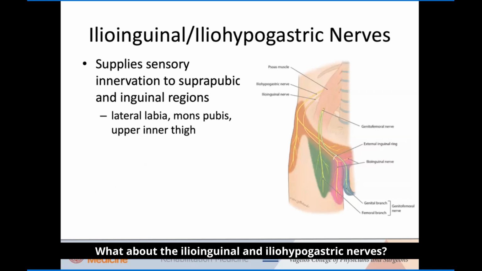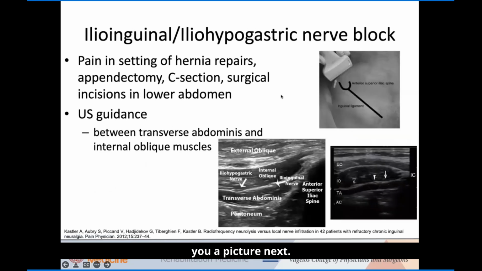What about the ilioinguinal and iliohypogastric nerves? So those are going to be more of that abdominal and groin pain, but they can also help with labial pains, mons pubis pain, and inner thigh pain. And so blocking here, I'll show you a picture next, via ultrasound is actually generally how this is done. These nerves actually live in between the internal oblique and the transversus abdominis muscle. And so you can see here,